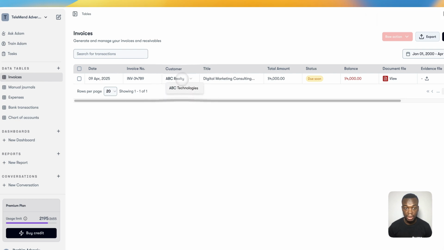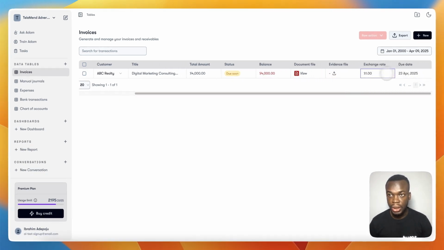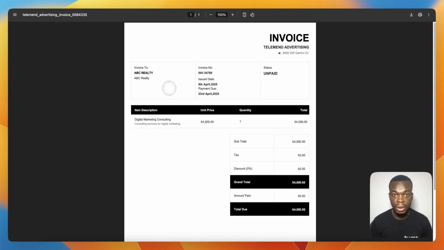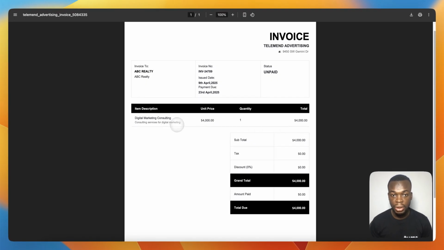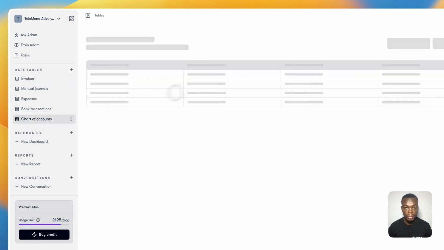The client has been selected for you. And when you check here, you see this is the due soon, and you see the due date, which is 14 days from now. And you can download it and send it to your customer or to your client. And once you've done this, if you come down to your chart of account,